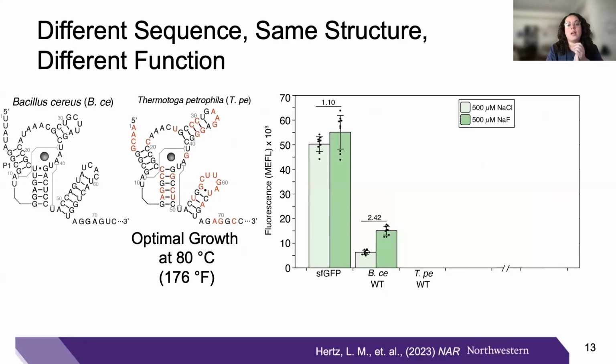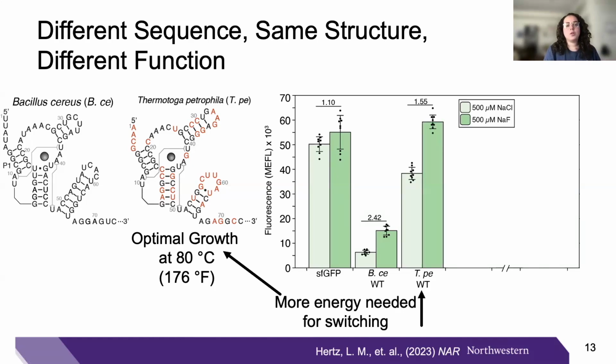Or similarly, the fluoride riboswitch looks the same whether it's between BCE or TPE. So we would realistically expect that they should function the same, if sequence equals structure equals function. However, as I'm sure you could tell by that lead up, the TPE fluoride riboswitch didn't really work in our system. We see that we're getting a ton of protein being made and really no big difference of fold change